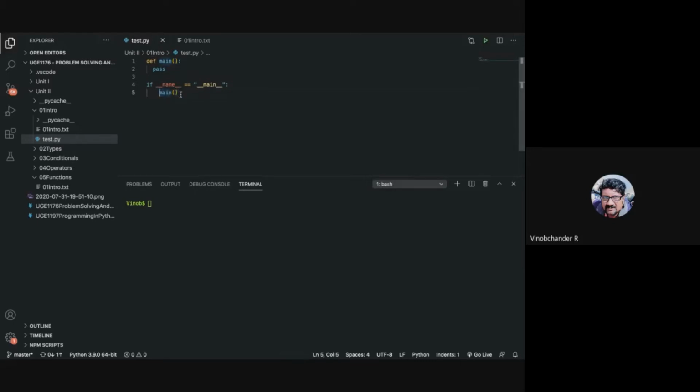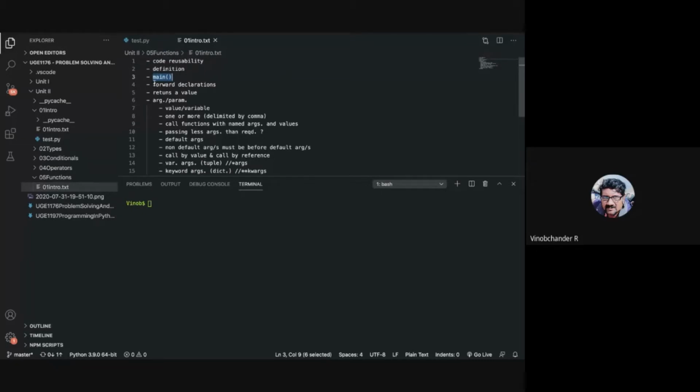One more point before we proceed: if you have a block, here it is the if block, with just a single statement, that could be put in the same line as well. You can see many examples of Python code wherein if name is equal to main, the call to main goes in the same line. So this is also right, and this is also right. Okay, so far? Yes, sir. All right.